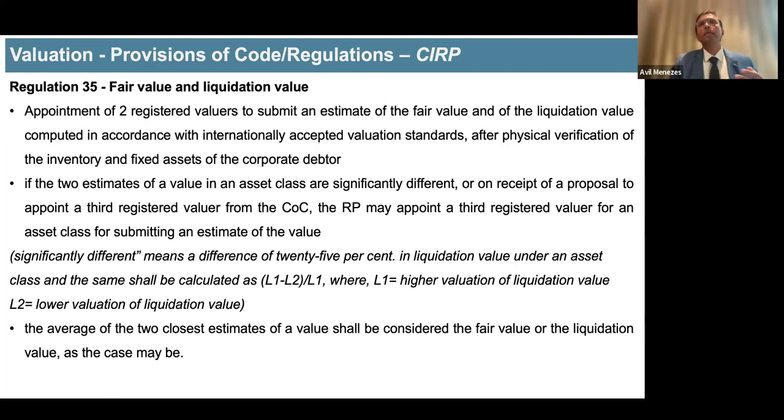In one of my cases, a small plot we were valuing, one valuer gave me 140, the other valuer gave me 98. Obviously there was a difference between 140 and 98. We appointed a third valuer who gave me 108. Logically, in a liquidation process, I would have put it between 98 and 108. But we put it at 140, because we knew that the asset was valuable, but somehow the valuations were coming in lower. And the asset did fetch a price higher than 140 at the first auction itself.